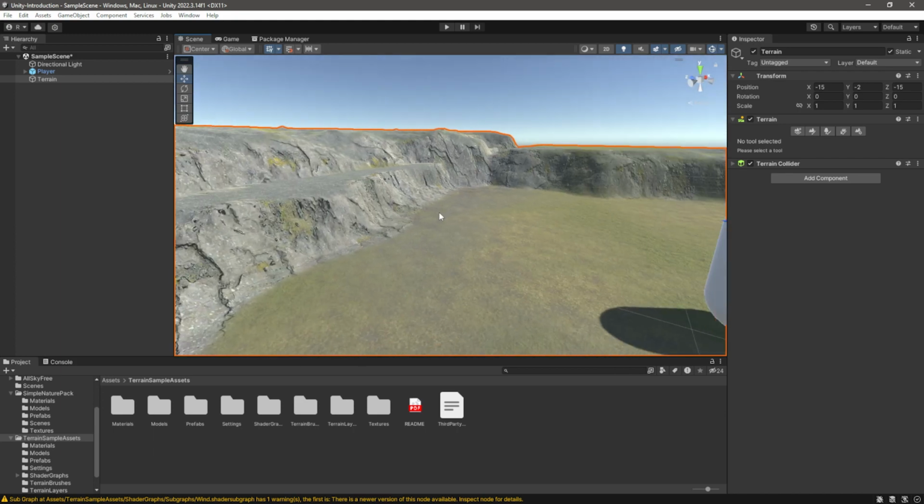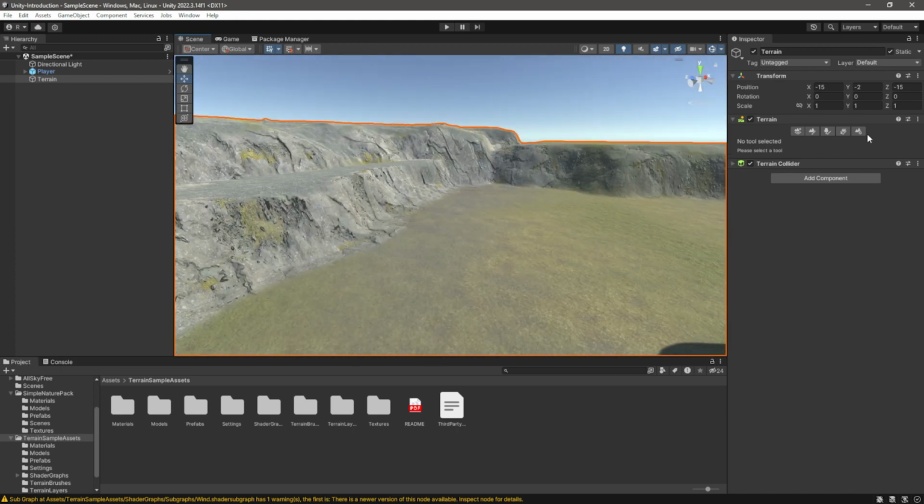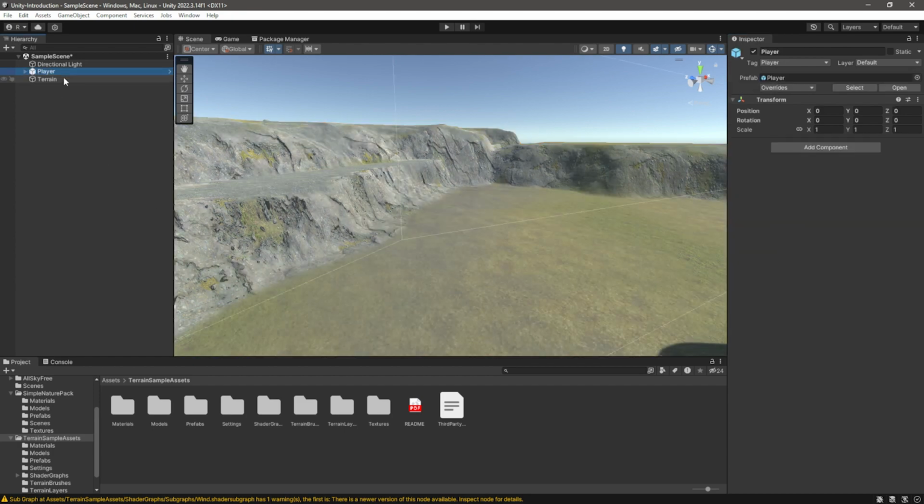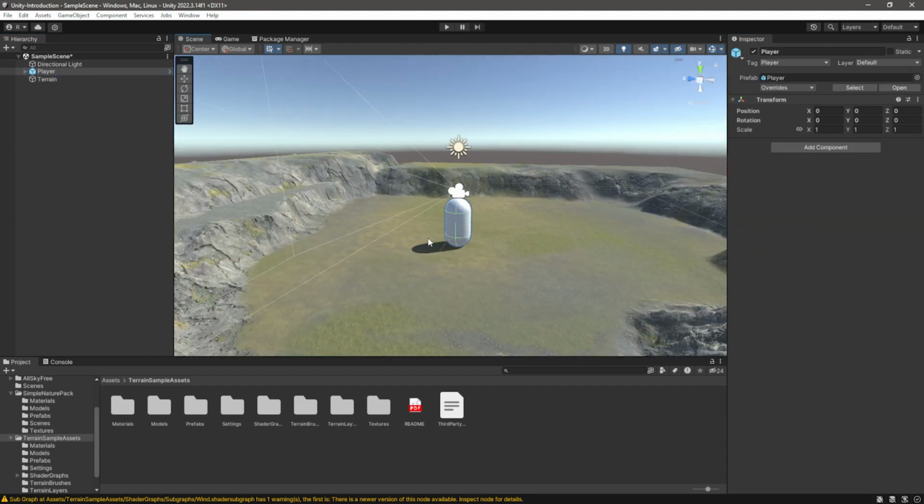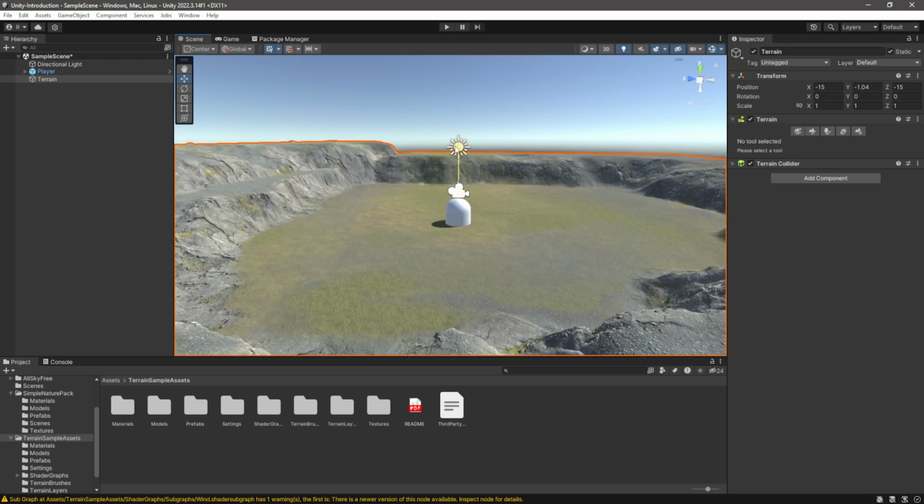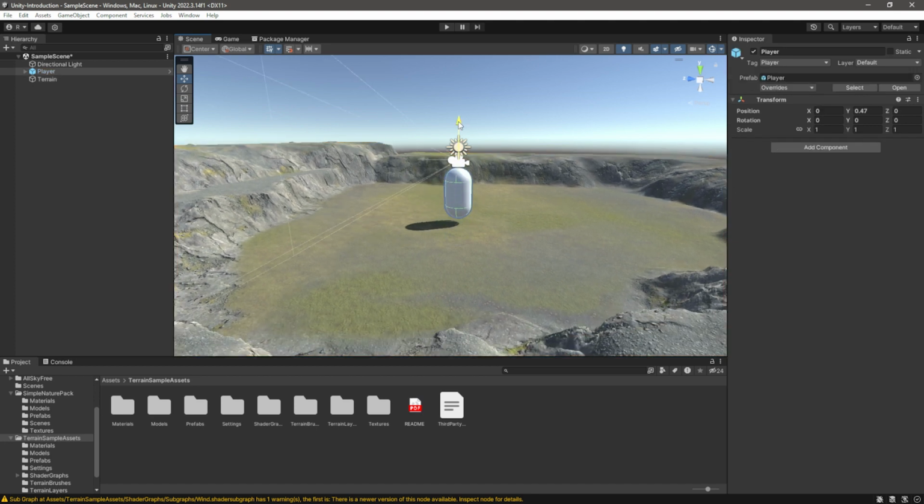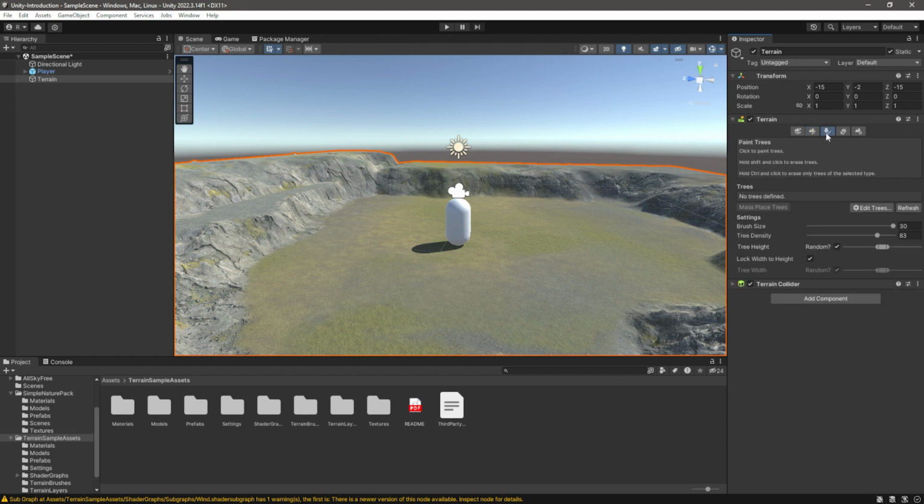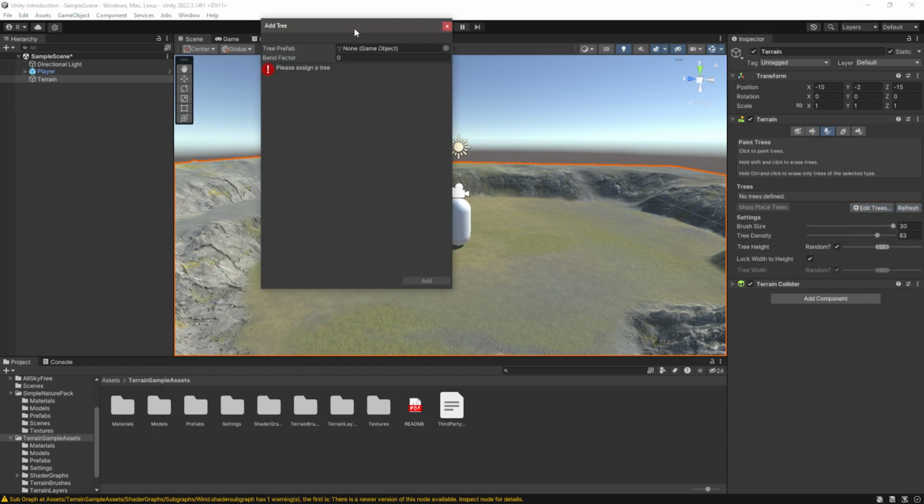The next thing we're going to do after we've added the texture is add trees. And so rather than, as we did earlier, putting every game object in the level individually, as you might have seen as I was doing this, if I move this, the player doesn't move with it, so I have to keep resetting it. With the terrain, if we use the trees one, and if we add a tree,